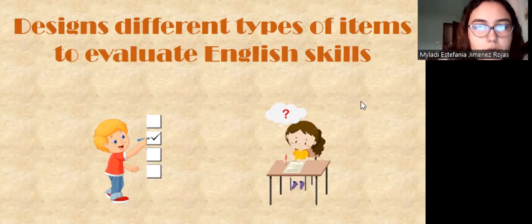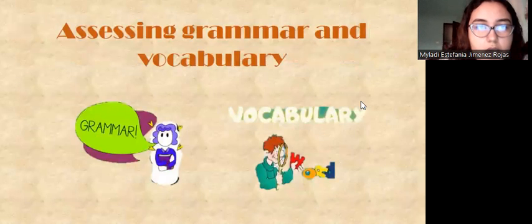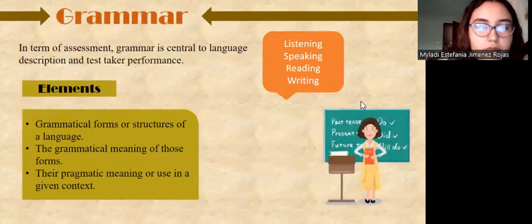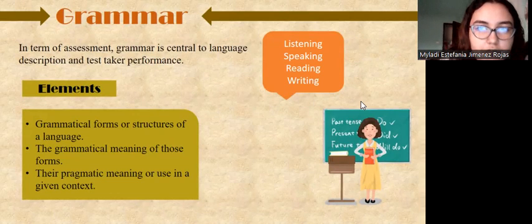In this video, I will talk about the 7 different tips to evaluate English skills, especially in sentence grammar and vocabulary. In terms of assessment, grammar is central to language descriptions and target performance. Grammar is currently assessed for its correct use in communication: listening, speaking, reading, and writing in English and foreign